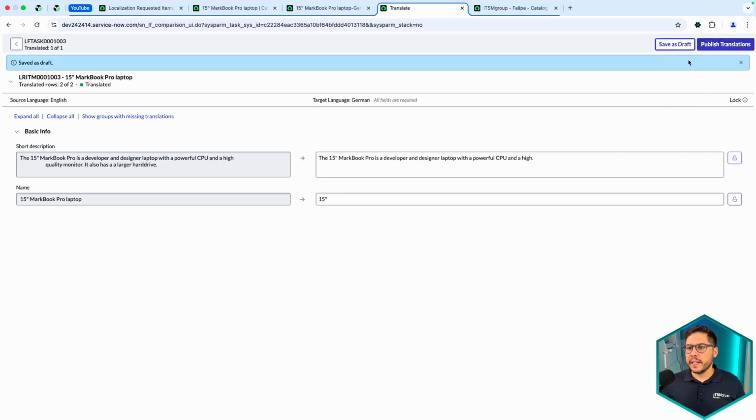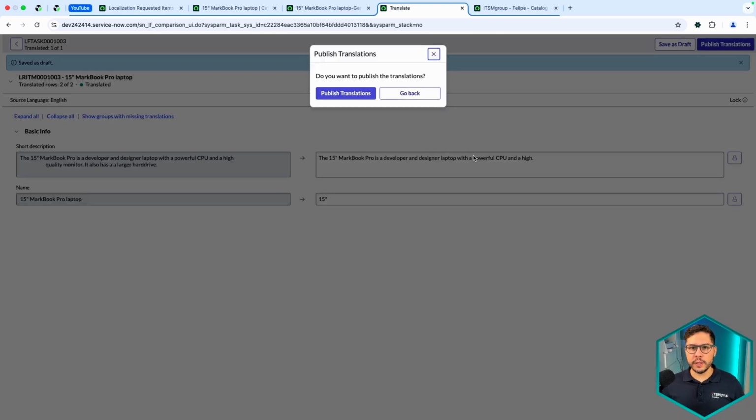In this specific scenario, you have the published translations, because in this artifact for catalog items, we have set it to publish the translations. That means that whenever you publish it, this is going to translate your catalog item directly.